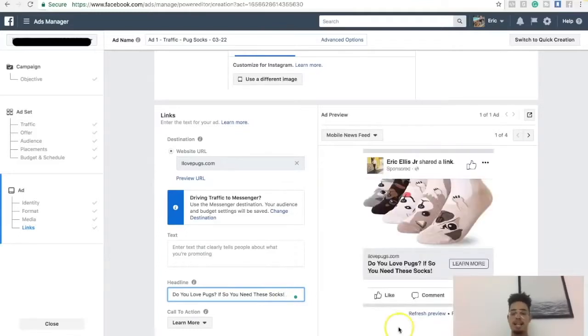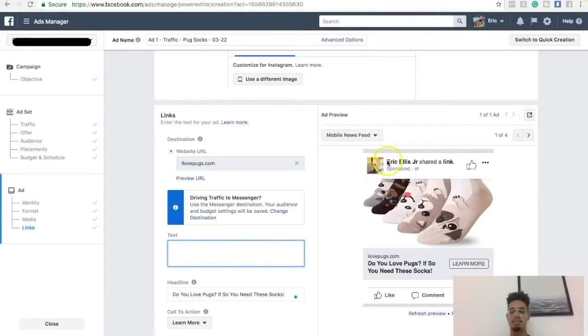So first, the headline is down here. What is the ad text, right? The ad text is the promotional message that you're going to have at the top of your actual advertisement. So depending on what your ending goal is will depend on the message that you're actually going to deliver. So, an example, if I'm trying to drive traffic to my e-commerce website for pug socks,